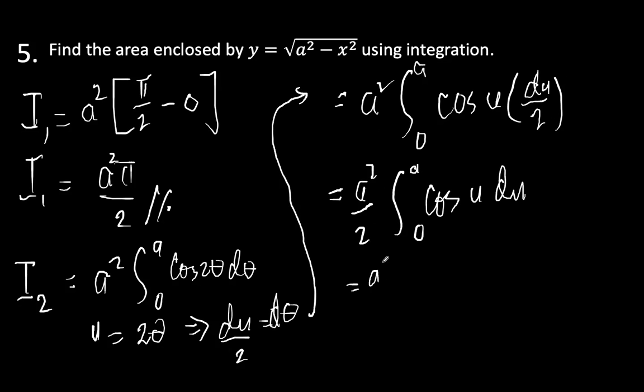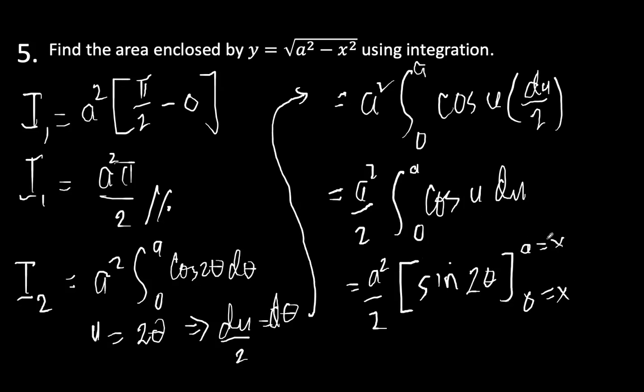So we have a square over 2. Okay, what's the integral of cosine u? That's sine, right? Okay, here we go. So that's sine u, and u is equal to 2 theta, so that's sine 2 theta. And this is to be evaluated from 0 to a, but again, these are the values of x. Make sure that you write x here,